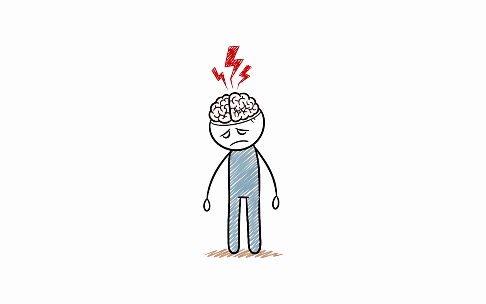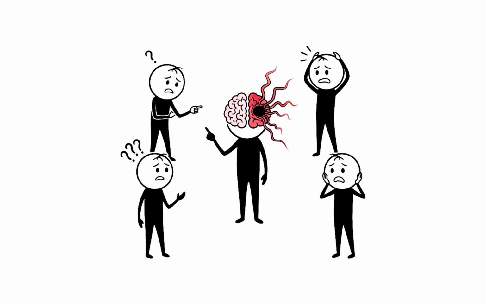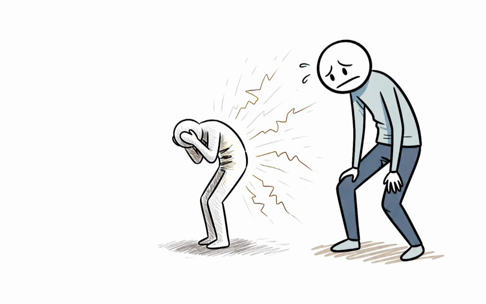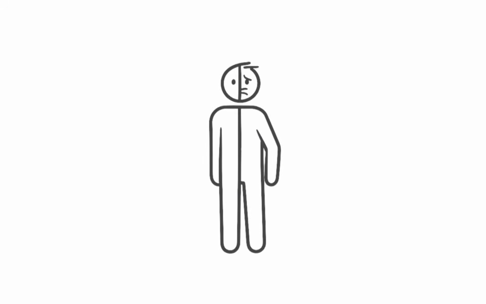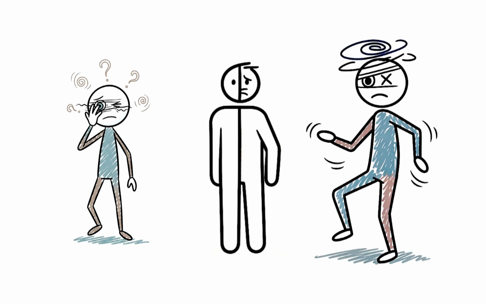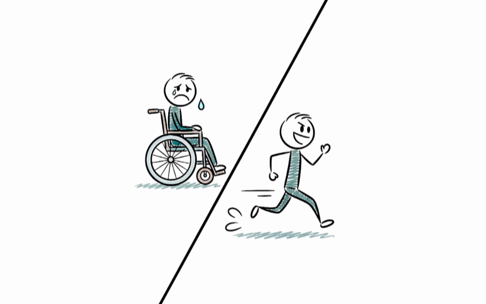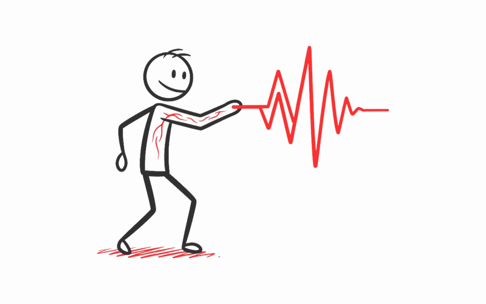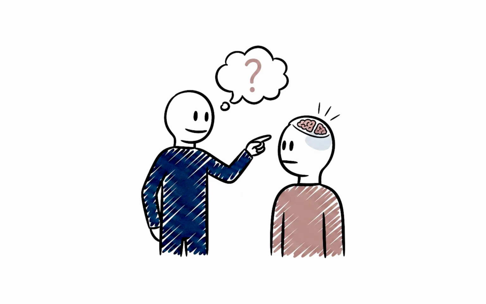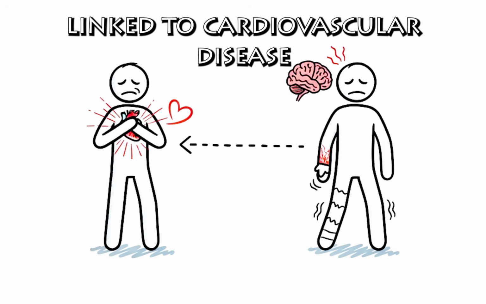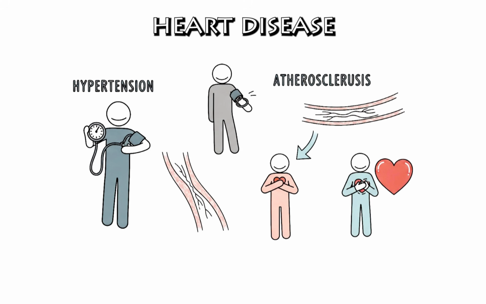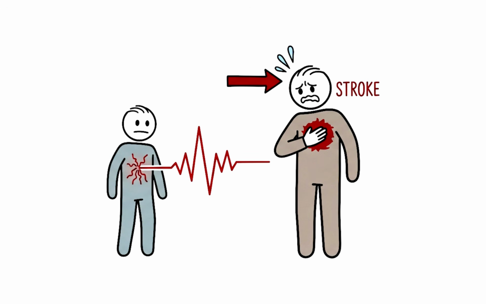When blood flow is disrupted, brain cells cannot produce energy and begin to fail. This leads to sudden symptoms such as weakness on one side of the body, difficulty speaking, vision loss, confusion, or loss of coordination. Some strokes cause permanent disability, while others are fatal, depending on how quickly blood flow is restored and how much brain tissue is damaged. Stroke is closely linked to cardiovascular disease because conditions such as hypertension, atherosclerosis, heart disease, and arrhythmias significantly increase stroke